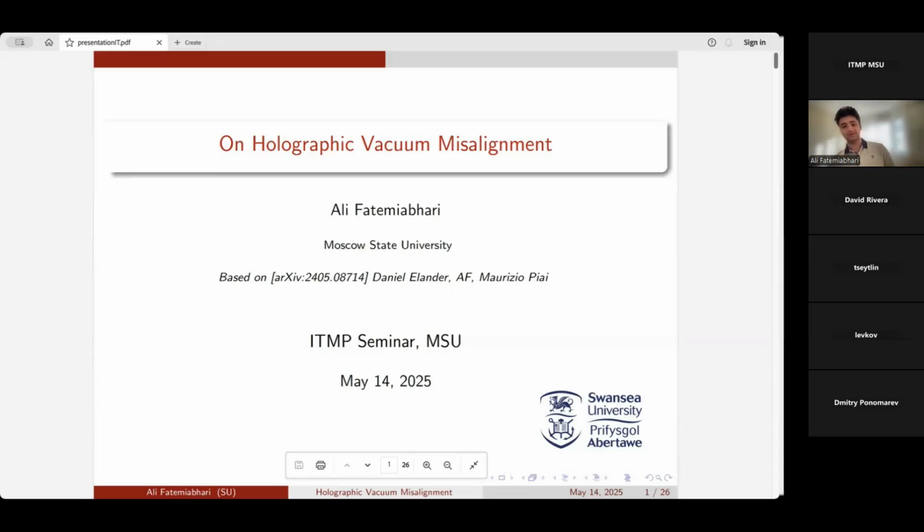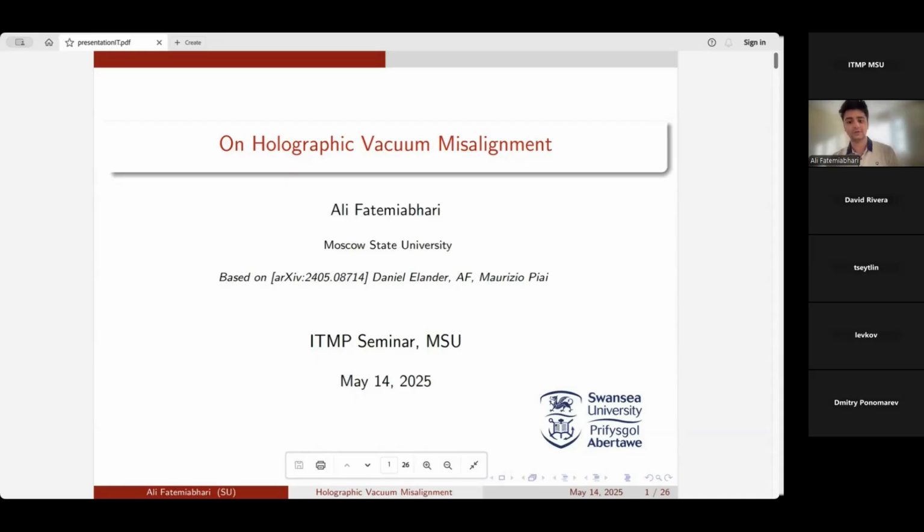Due to interactions with the elementary standard model fields themselves, there might be a small explicit symmetry breaking, and that will generate a potential for the Higgs and a mass for the Higgs. But the mass will be protected along the RG flow. So this is the broad picture of what a composite Higgs model wants to achieve.